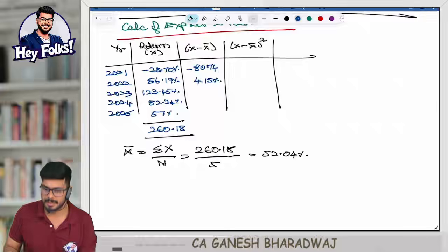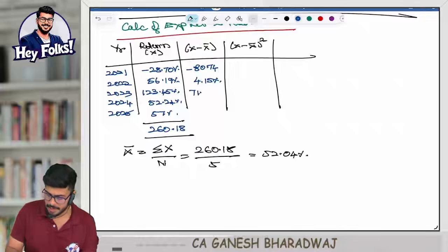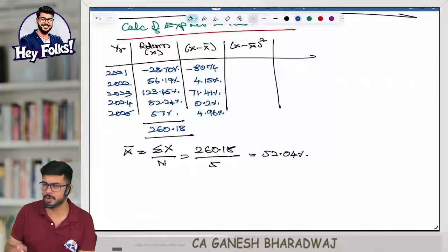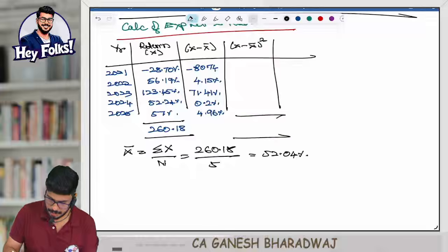Simple mathematics only, no? Next one. Everyone, I want every single one of you to participate. Tell me, guys. 71.41. Then 0.2%. Then 4.96%. Is that clear? There is no point in totaling it. We know, right? Then what will you do? Square it. Come on. How will you do it? 80.74 into is equal to, figure. How much? 6518.95. Is that clear? Then 4.15 into is equal to